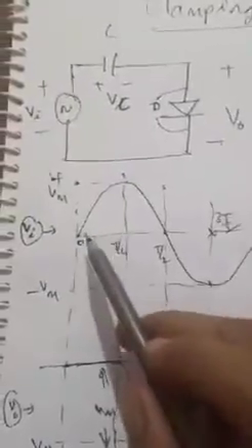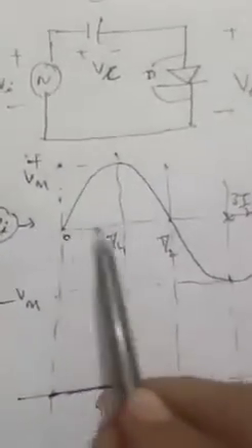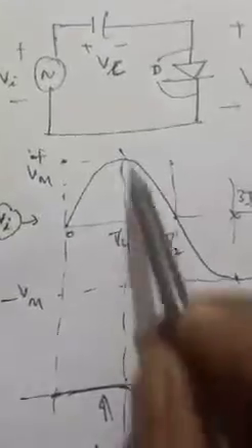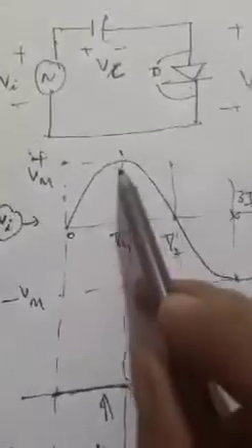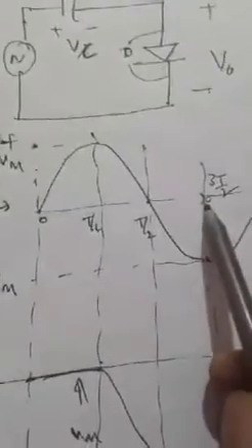So let us assume that a sine wave is applied like this. This is the positive and negative peak, and it goes on like that. The time scale is 0 to T by 2. At T by 4 it reaches the maximum, plus Vm, and from there it goes down to 0 at T by 2, and from T by 2 to 3T by 2 it goes down to minus Vm. Similarly it goes up to 0. Thus it is repeating. Such a wave is given as an input to the circuit.